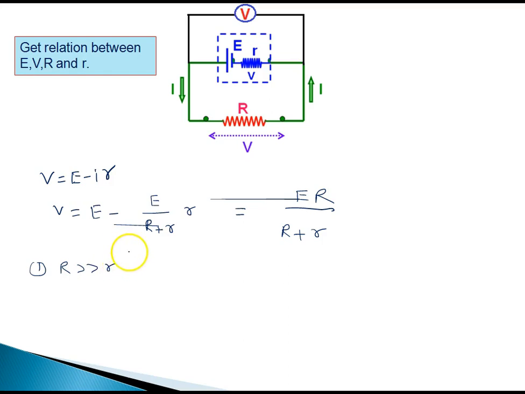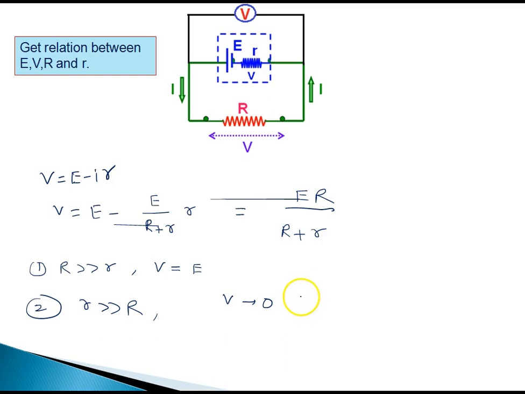In that situation, if you say external resistance is very high compared to internal resistance, I hope all of you can easily calculate V equal to E. Second situation, when internal resistance is very high compared to external resistance, or I say external resistance is 0, when it is short circuited, external resistance is 0. Then what you will say? V tends to 0. Because what you are getting is some value divided by infinite.